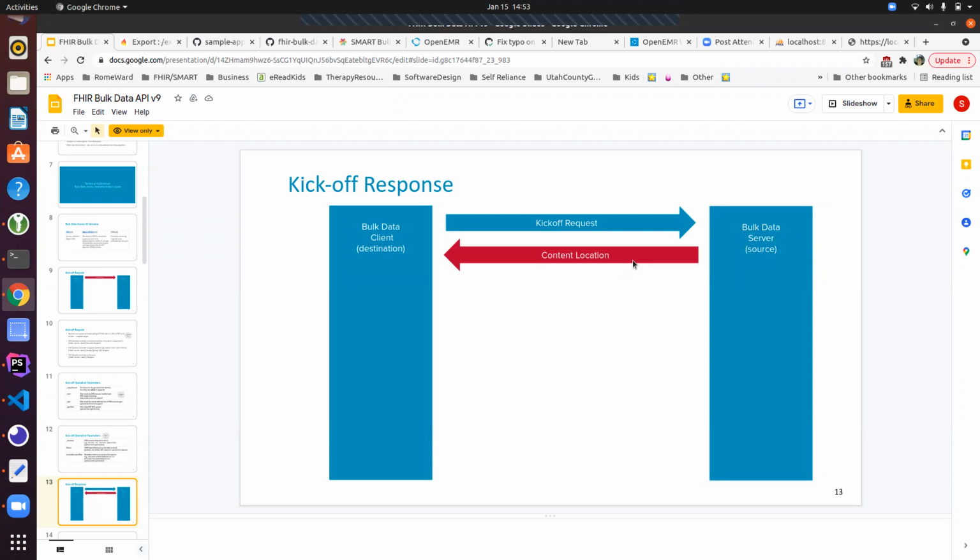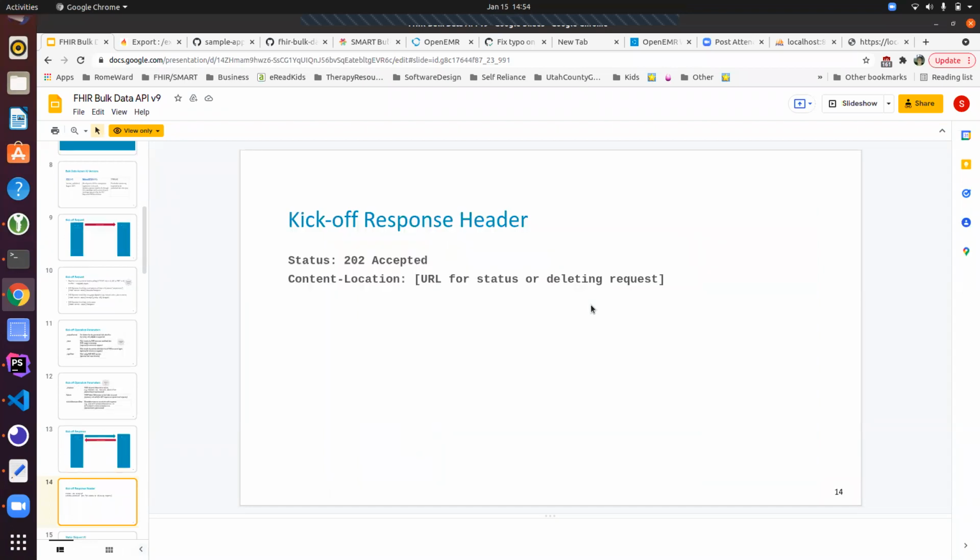So it's going to tell you, hey, here's where you can go to find out how this job is going, how this export process is happening. And then you keep asking about it. And once I'm done, when you keep asking me, I'll tell you, oh, here's the file to go get. So it's going to tell you this content location of where to go to get the status updates, right? So you'll get back an HTTP response with a 202 accepted and a content location and the URL for the